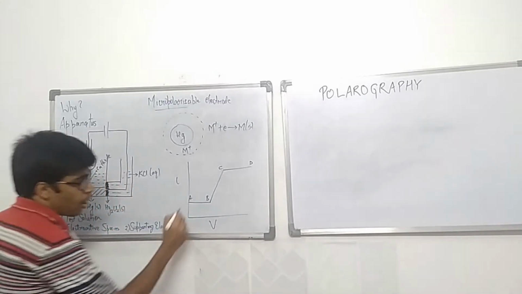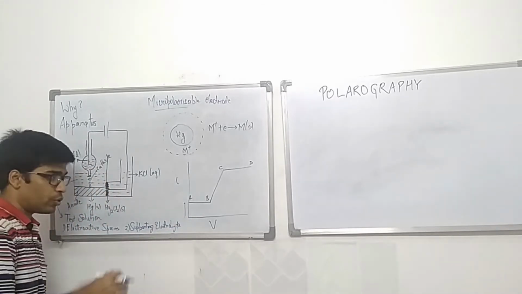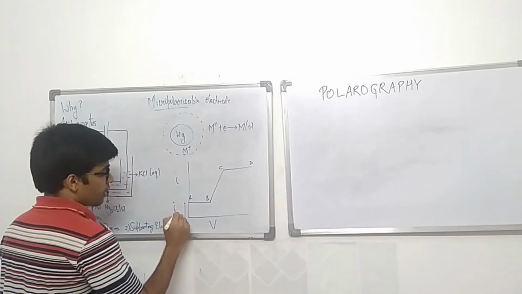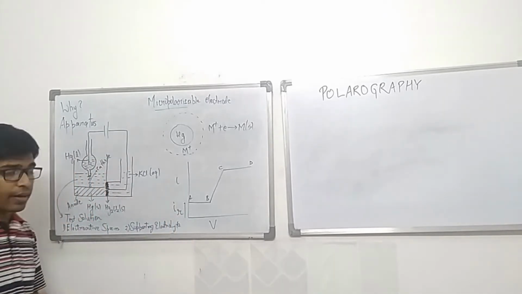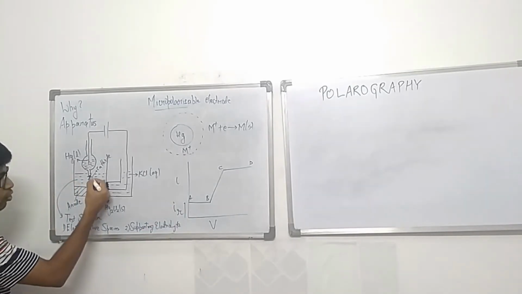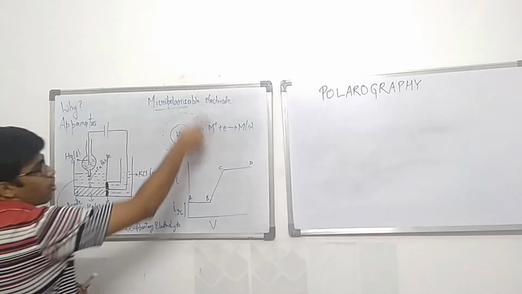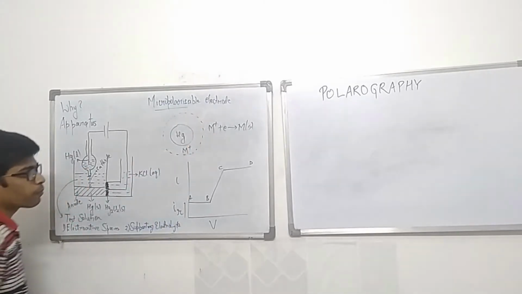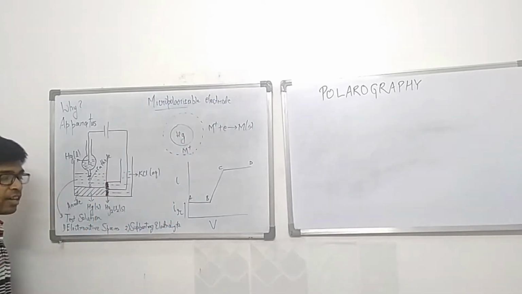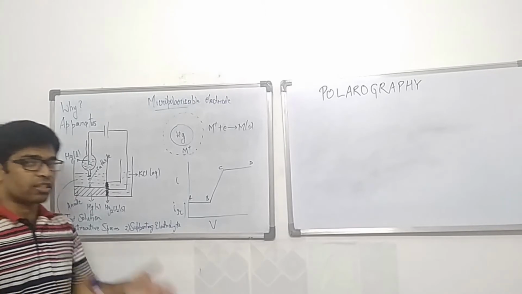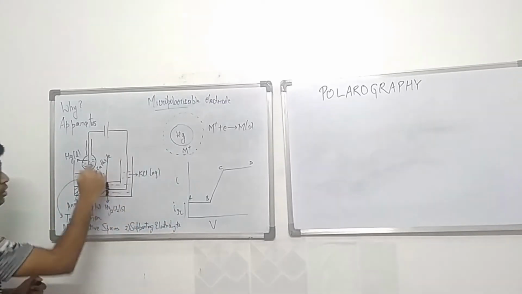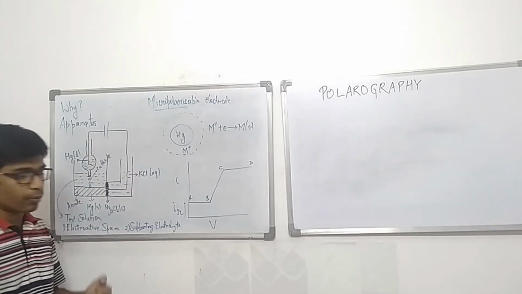That means this amount of current was actually present in the solution since the beginning, even before you applied any potential. And this is known as the residual current. Now, why is this current present here? As you see, the drops come out of this funnel. There is a layer of ions created around the mercury drop. As the drop goes down to the bottom, the ions also flow. When ions are flowing, charges are flowing, and due to the flow of charges, some current is generated. This is the residual current, because of the flow of the ions along with the mercury drop.